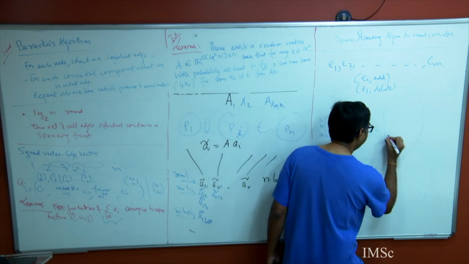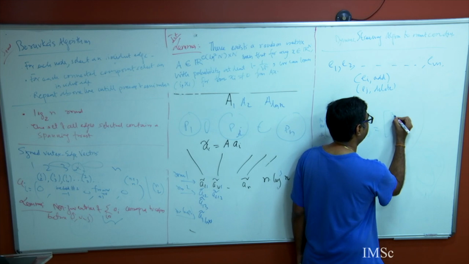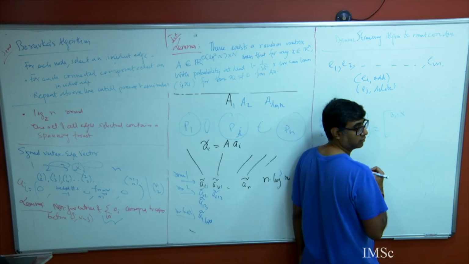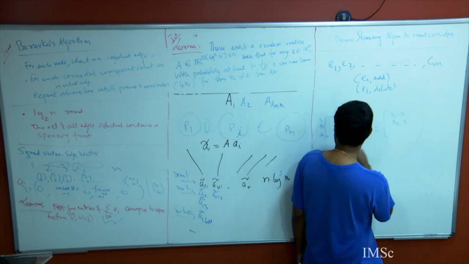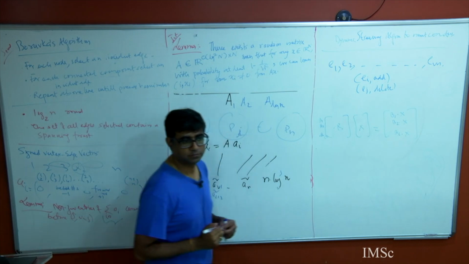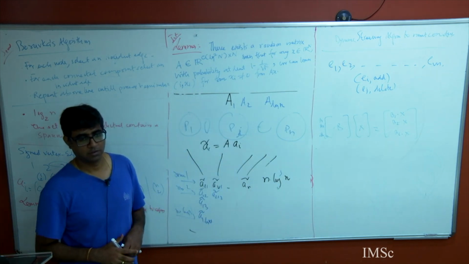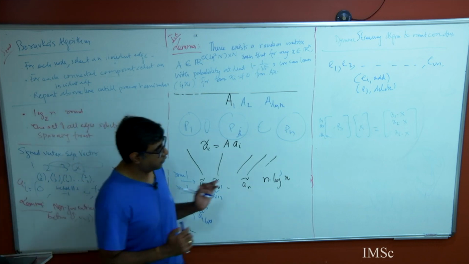The best way to view this: what is the first entry? It is B1 dot product X. What is the second entry? It's B2 dot product X, and the last entry is BL dot product X. Right? It's a dot product. So suppose for now,